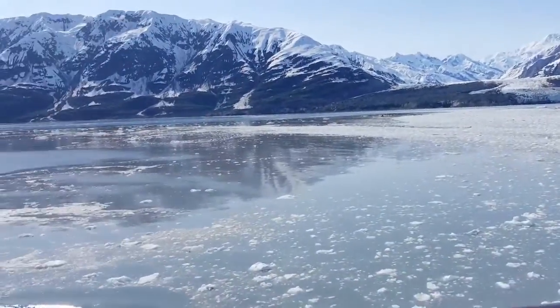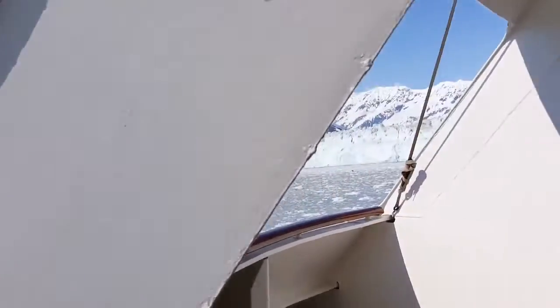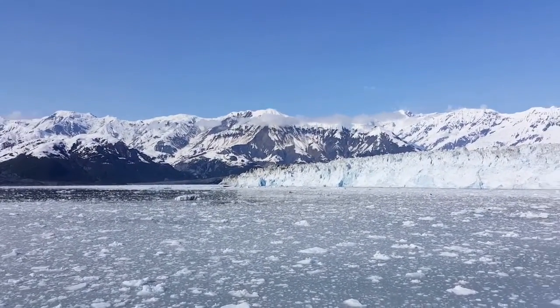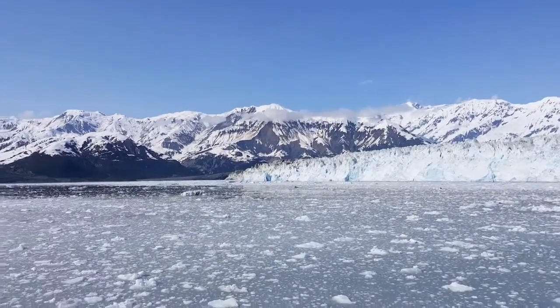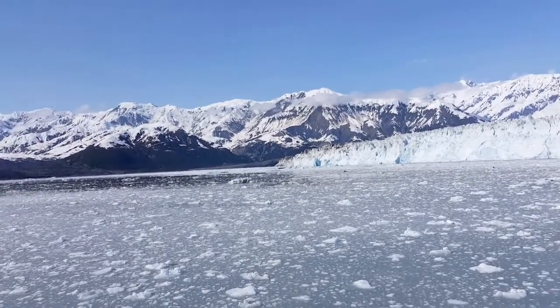All right, so I just walked to the back of the boat and they're turning the jets back on. And here we are. They pivoted the boat all the way around, so now we have returned to Hubbard Glacier. This is it right here. Now we're at the back of the boat. They had primarily the front view for most of the day,